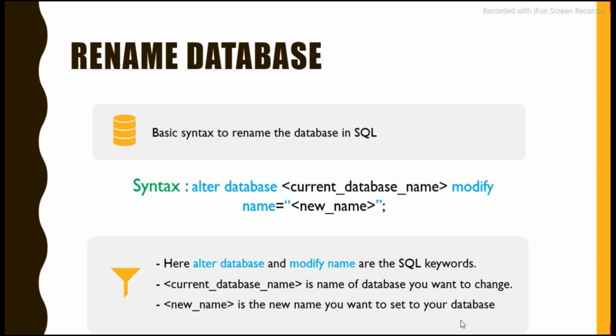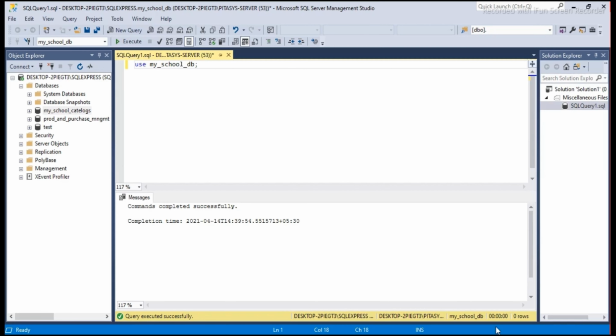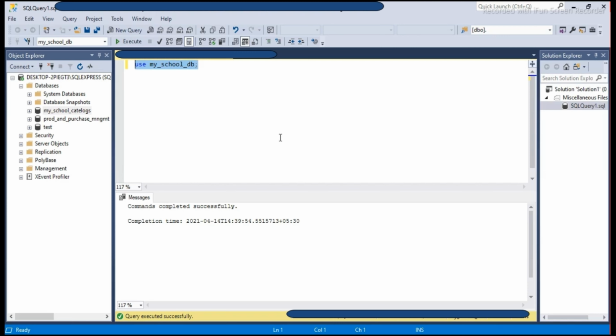Now let's try it practically in our Management Studio. In Management Studio we will try renaming the database MySchoolDB. So I am writing the query to rename the database: alter database MySchoolDB modify name is equal to, suppose I am giving the name MySchoolDatabase.